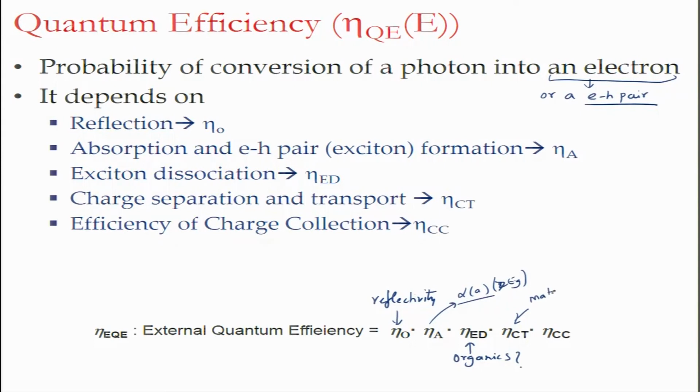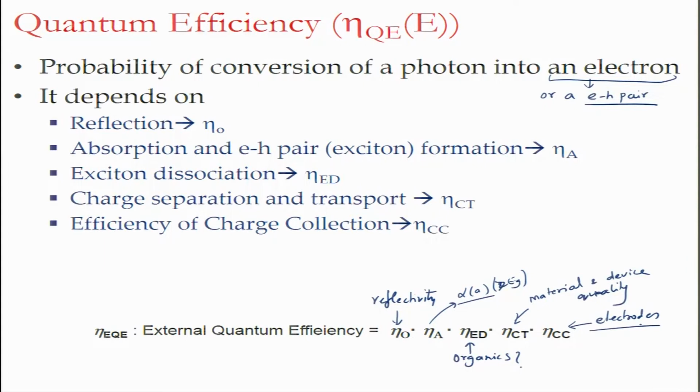And then we have charge transport. Charge transport depends upon the type of semiconductor you have, what is the series resistance you have, do you have any losses during the transport. So, that will be determined by material and device quality, okay. The parasitic resistances and so on and so forth. And then you have efficiency of charge collection, what kind of electrodes you have on the surface, are there any traps at the electrode interface, whether they have the right work function to extract the charges. So, this is determined by the electrodes.